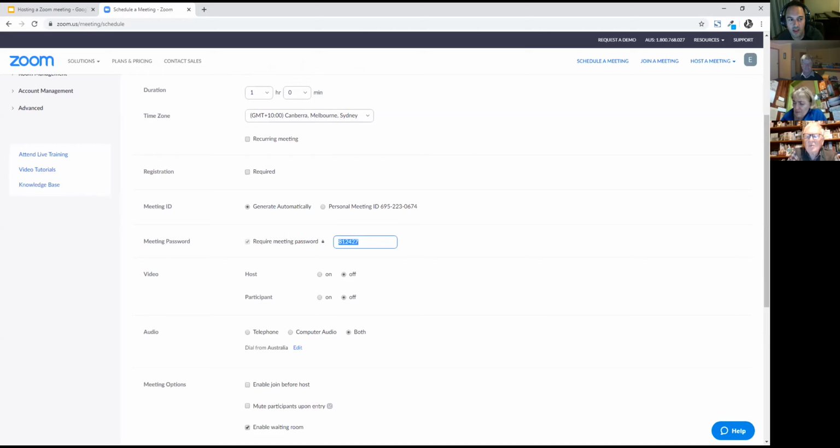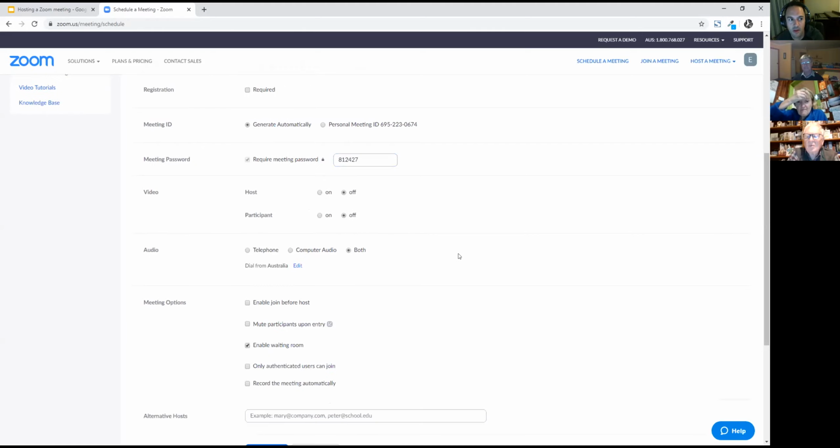However, if someone is dialing in on the phone, they will still need to put in that 6-digit password code. Let's keep moving. I just suggest with all this stuff, practice it. Have a try, do it on your own, get 1 or 2 people to just test different parts of it with you if you can.